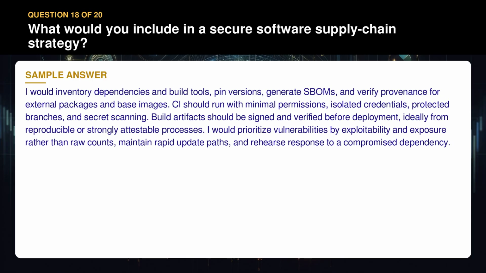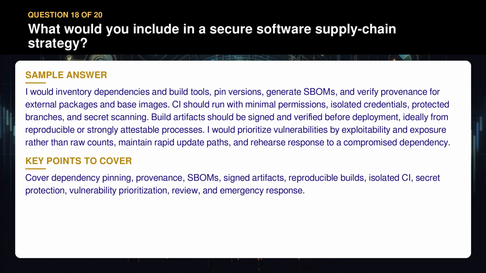Build artifacts should be signed and verified before deployment, ideally from reproducible or strongly attestable processes. I would prioritize vulnerabilities by exploitability and exposure rather than raw counts, maintain rapid update paths, and rehearse response to a compromised dependency. Cover dependency pinning, provenance, SBOMs, signed artifacts, reproducible builds, isolated CI, secret protection, vulnerability prioritization, review, and